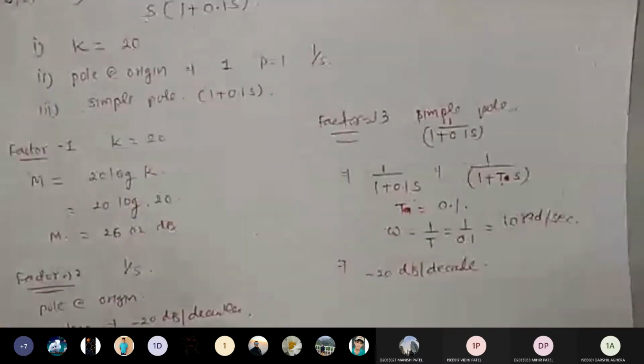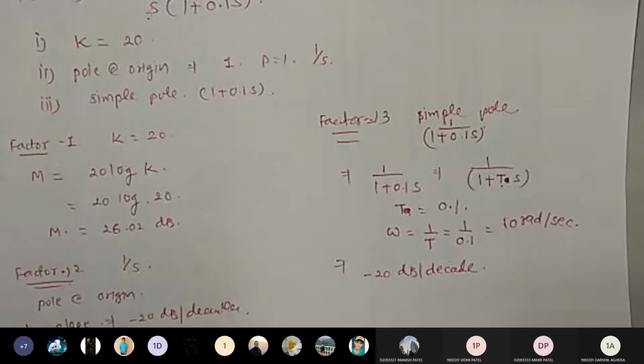If I want to draw a Bode plot, the first part is your magnitude part. As I already told you, the Bode plot will consist of this kind of graph. What will come on the X axis? Frequency omega. We are varying the frequency from 0 to the highest value. On the other axis comes the magnitude, and then the phase angle. Right now I have taken magnitude, so here I will plot the magnitude and then the phase angle.